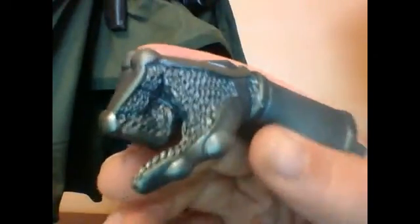Let me just get from the right over here. You can see the chainmail inside the boots, and then all the joints. Here, let me show you his hand. You can see right in here, you can see all the chainmail, kind of protecting him. His armor is amazing. Where this piece fell short is why the original premium format figure of Doctor Doom will